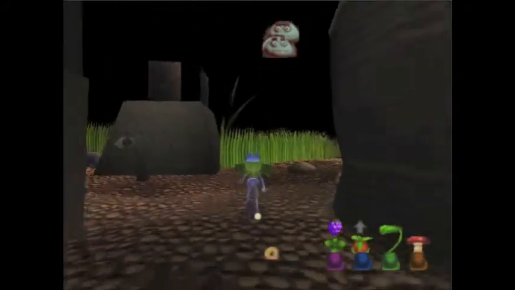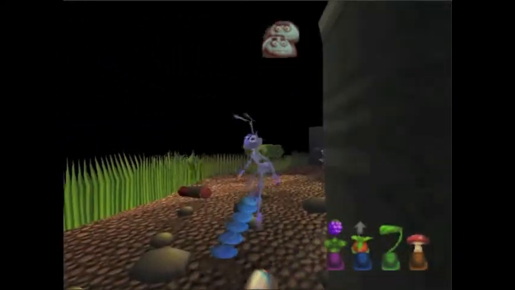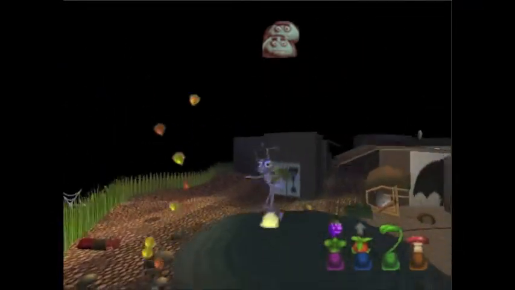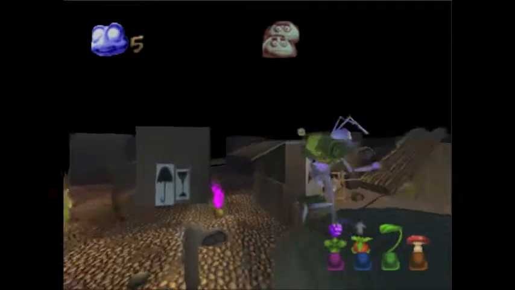We just gotta yoink ourselves around here. Like I said, Tuck and Roll are pretty near the beginning. All you have to do is find this helicopter seed, get up on here, and they're near the harvester, so